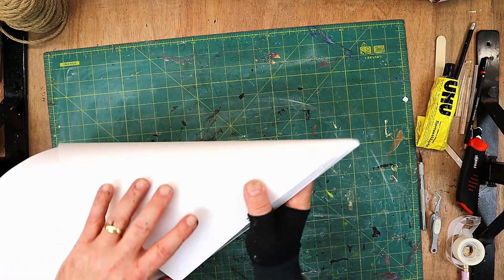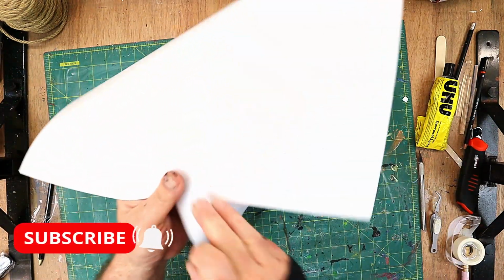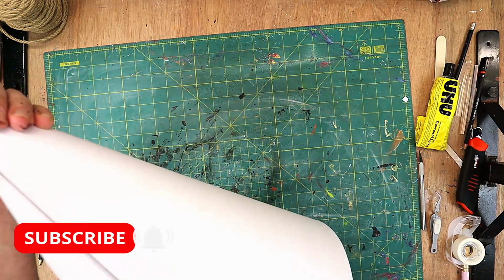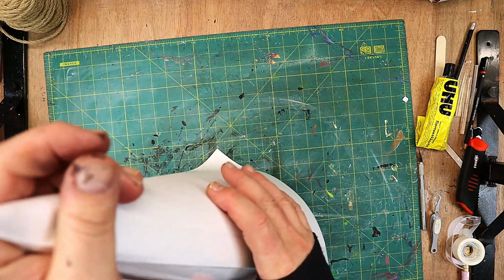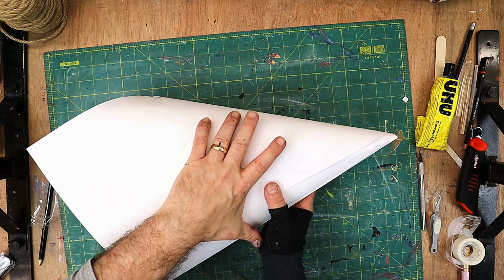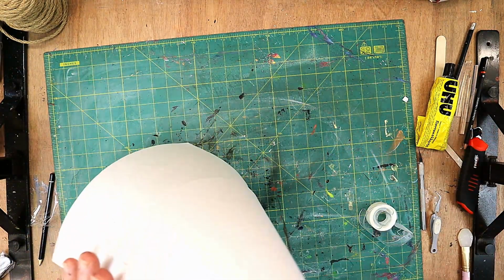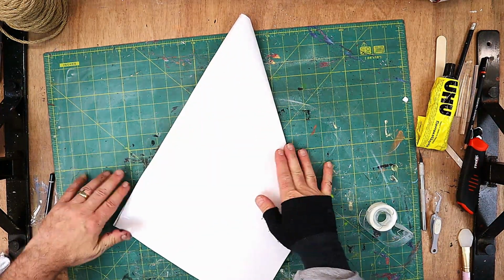And all I need to do now is wrap this round like this into a cone. I want it so there's a fairly decent point on the top, but with a little gap in it like that, and then that's where that is going to join. Pop a bit of tape on that just to hold that into place for a second, and now I'm going to squash that down a bit like that,